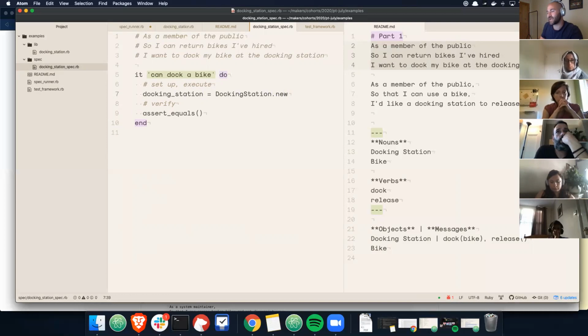Now notice I haven't written any source code. I'm imagining what's going to happen. I'm creating an instance of a class that I will define in a second. After I've written this failing test, I'm imagining what this is going to do. So I'm going to set up a docking station, and then I want to